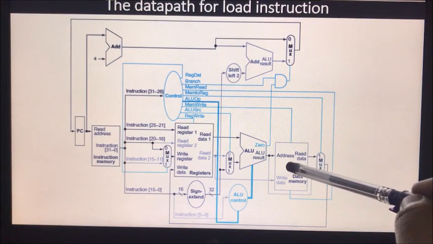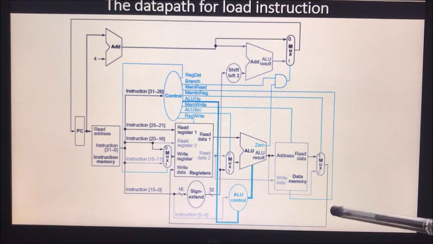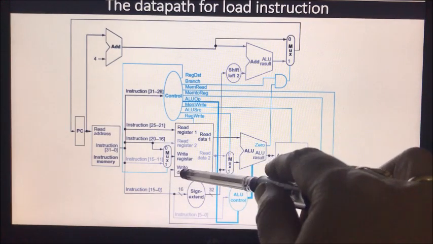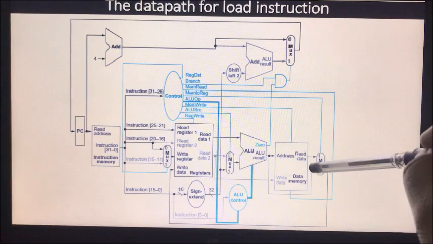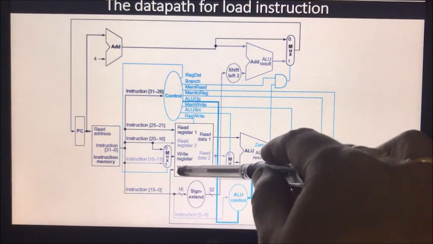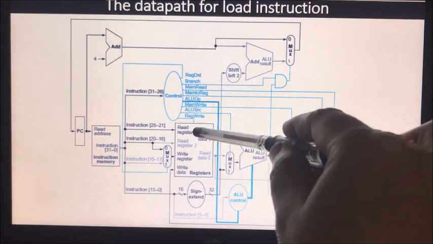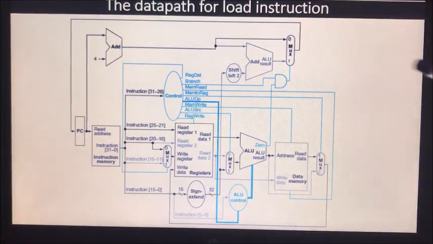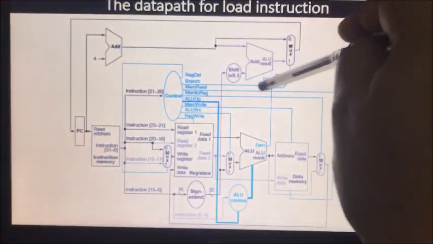The data memory will give the data from the corresponding operand address, and it will be given as an input to the multiplexer, and this multiplexer will give it to the write data. We already have taken the write register, so we are writing this data into this particular register by using the register write control signal. At the same time, PC will be updated to PC plus 4 only,